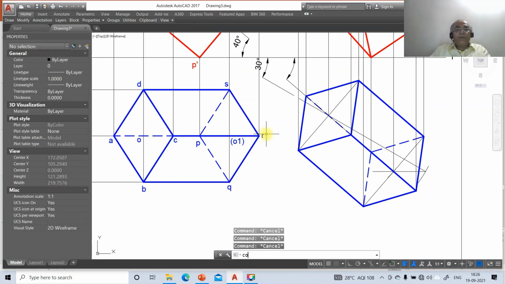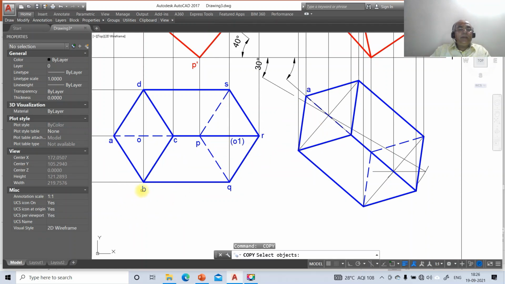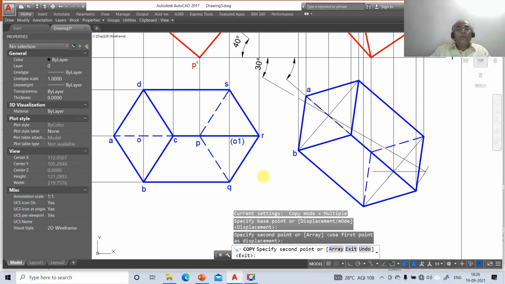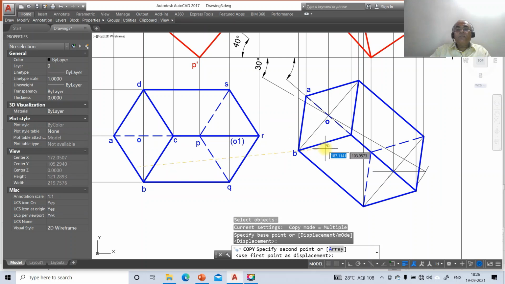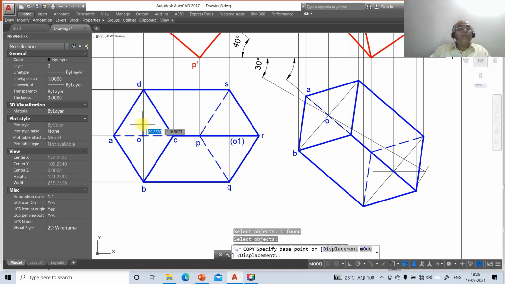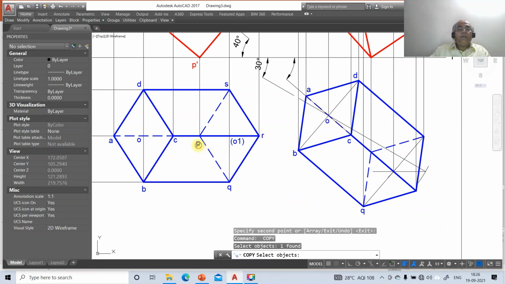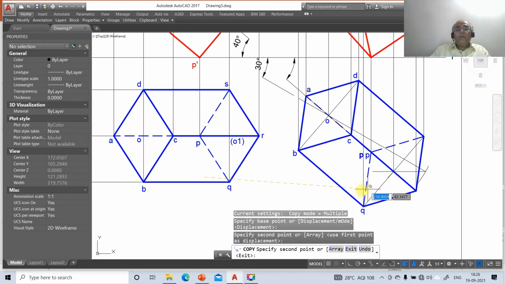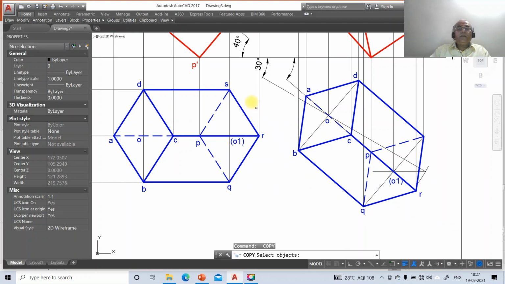Now again go to copy A here, then B here, then O here, then D here, then C here, then Q here, then P here, then O1 here, then R here, then S here.